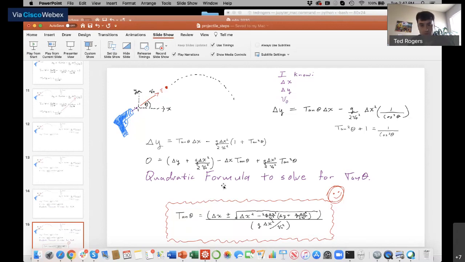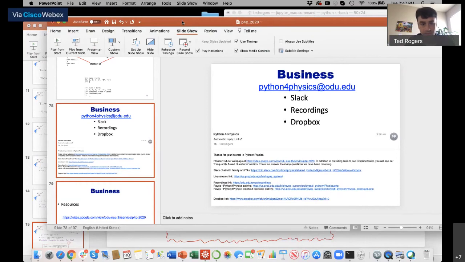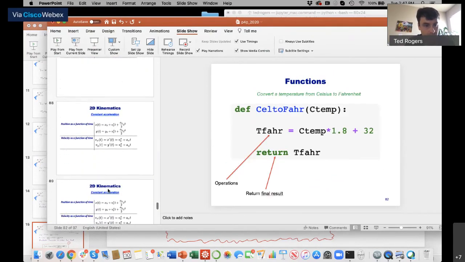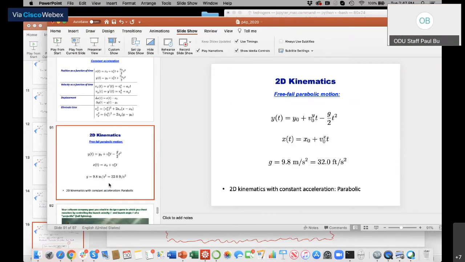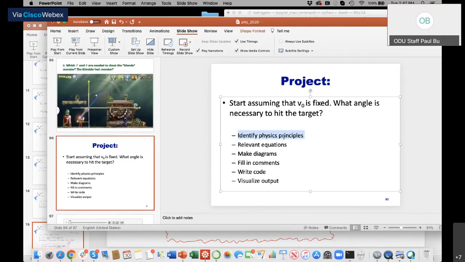So now that you have the equations, you just need to figure out how to integrate them into the computer program and to do the visualization. So we've gotten through the basic steps now. Okay, look at the steps that I outlined here. So the question is, how do you guys share your code with us? How do you share your results? Okay, identify physical principles. We basically started with the physical principles.